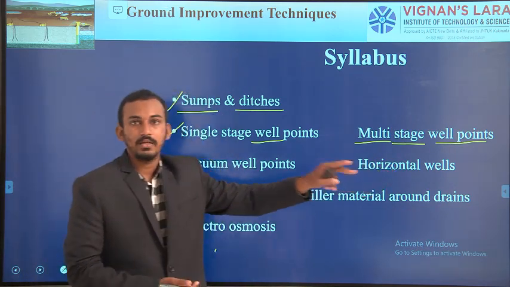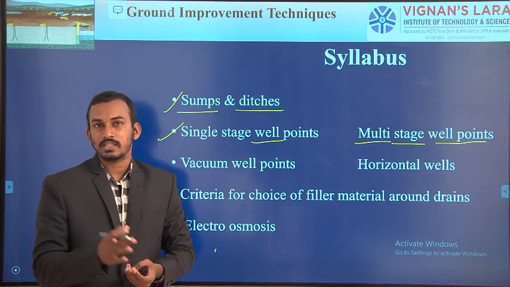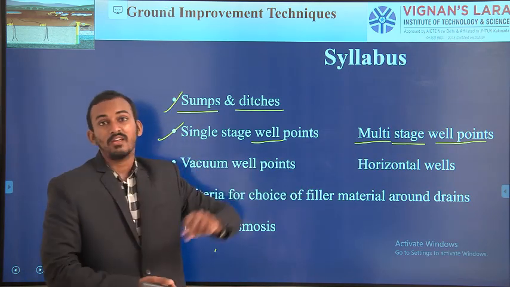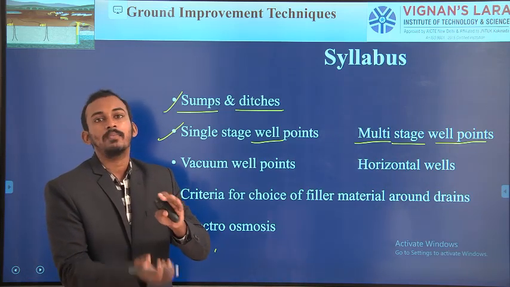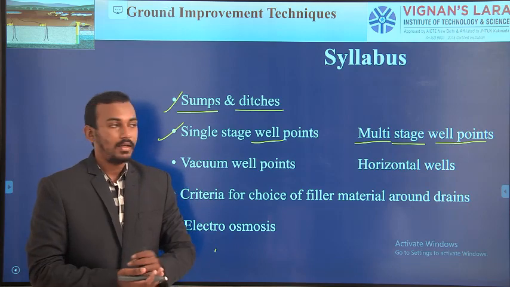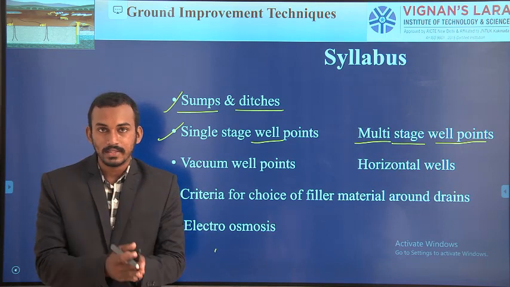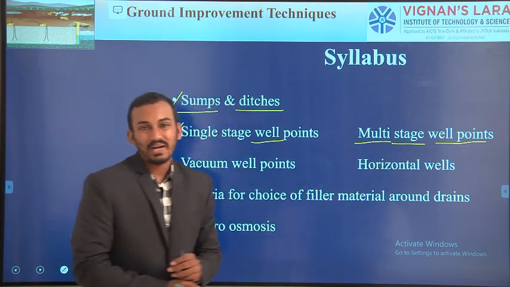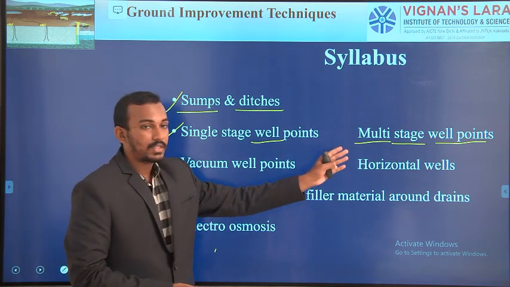In the first stage we are removing water up to a depth of 5 meters. For that 5 meters we carry out our excavation work. After going down to 5 meters, we again construct another set of wells and pump out the water. With the second stage we have removed the water up to a depth of 10 meters, and we carry out the excavation work. Again we construct well points and remove the water. Like that we excavate wells and remove the water in various stages. That's why it is known as the multi-stage well point system. By using this technique we can remove the water up to a depth of 30 meters.